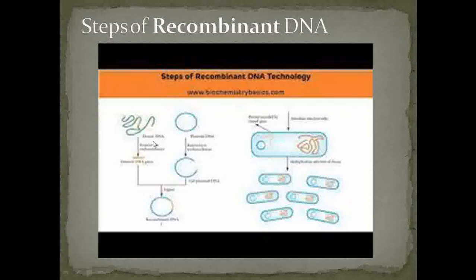After cutting the vector, there is insertion of the gene of interest into the vector. After insertion of the foreign DNA, or you can say the gene of interest, into the vector, there must be sealing, or sticking, of that foreign DNA into that plasmid. For that, once again we require different types of enzymes. See here, then this formulated vector, we call a recombinant DNA.